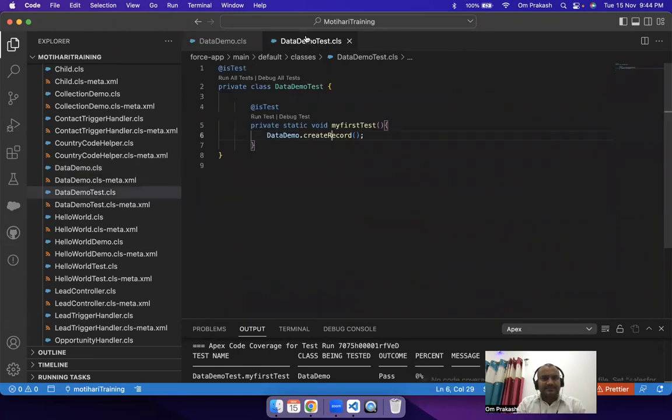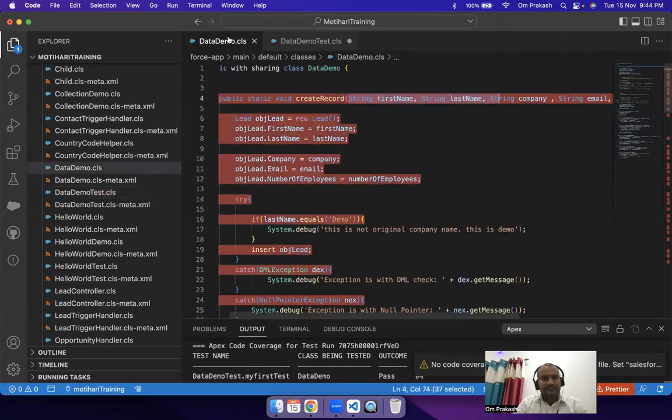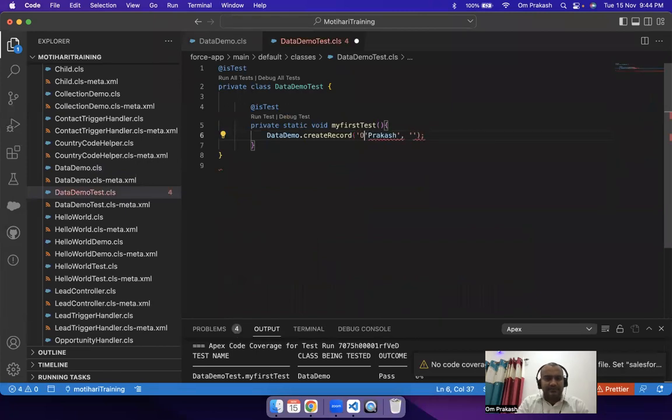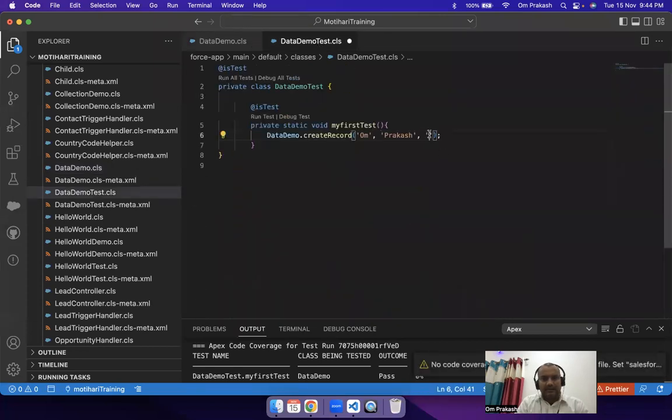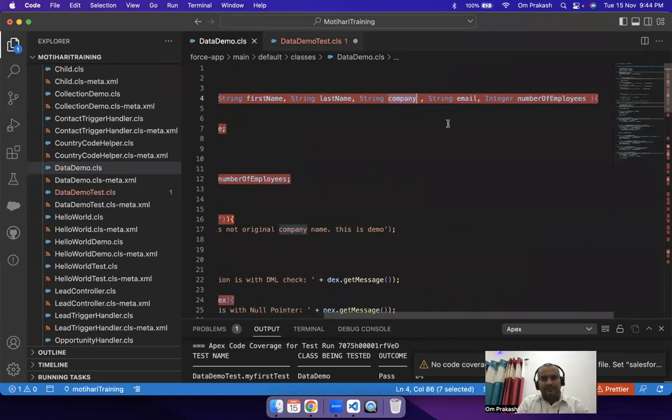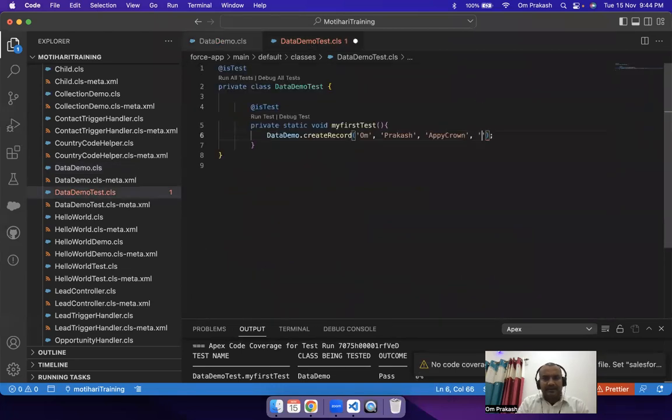Now this create record is taking something: first name, last name, company, email, number of employees. Okay, let's pass some test value here, maybe Om, comma, Prakash as the last name, then company. Okay, company maybe Happy Crown, comma, email. Okay, maybe a dummy email,